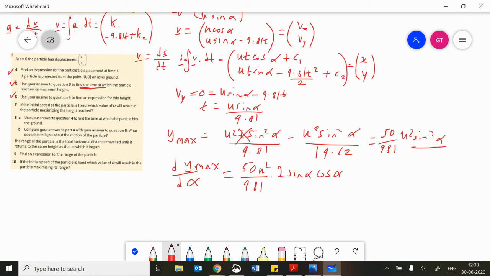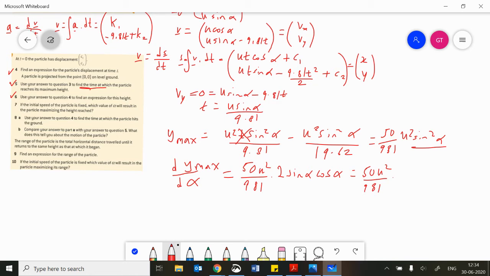If the initial speed of the particle is fixed, which value of alpha will result in the particle maximizing the height reached? So if the initial speed of the particle is fixed, we haven't done this. We haven't maximized this. We need to set that equal to 0. Now, before we do that, I'm actually just going to change this into 50u squared over 981, using